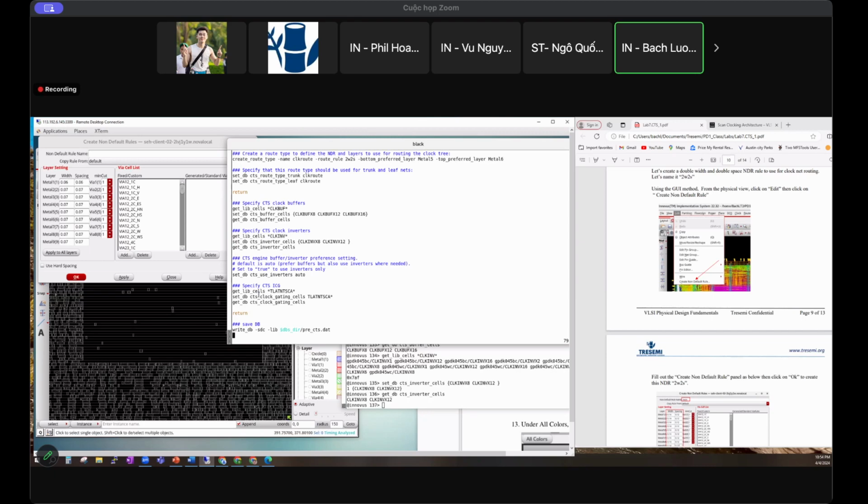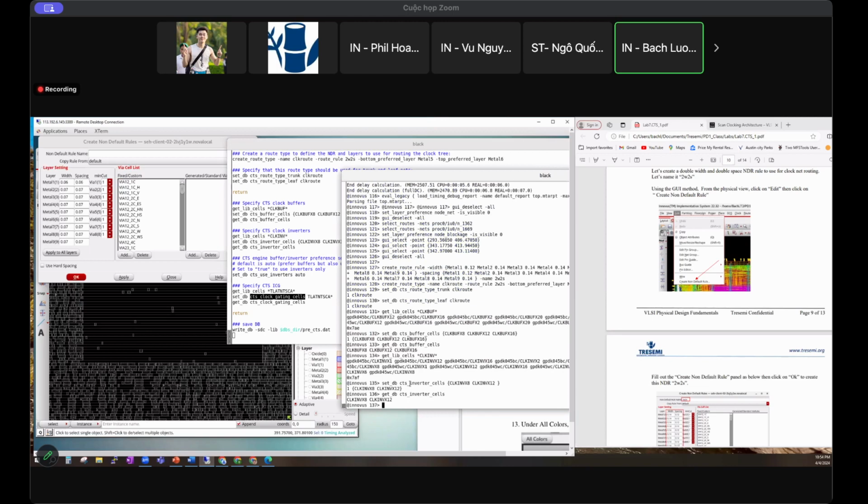And then we also need to specify, because this library has ICG, so we want to do clock gating. We need to tell it what clock gating cell to use. So I know this is a clock gating cell, so I'm going to go ahead and set the attribute to set the gating cell, which is set DB CTS underscore clock gating cell. So one way you find out what you can do is help, and then you do CTS